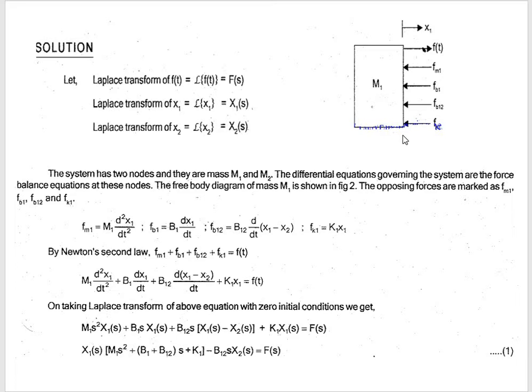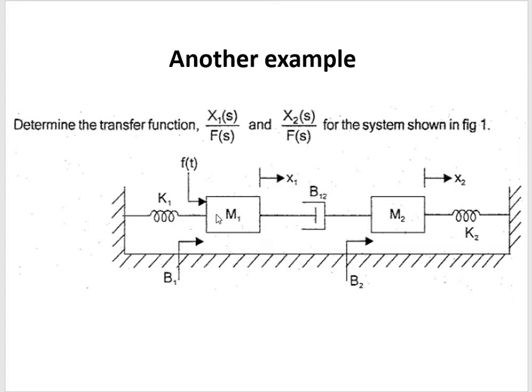First we have to find out the transfer function of the system m1. Among that m1, here we have a total force f of t with respect to displacement x1. The overall impact of the force applied to m1, from that diagram we can conclude that the first force is F1. After that the forces applied to the M1 are Fk1, Fb1 and Fb12. Fb12, the dashpot, is having a relation between both M1 and M2. So when we are writing the equation, we have to consider both displacements x1 and x2.